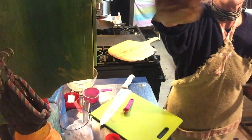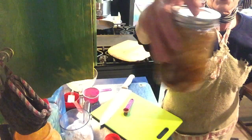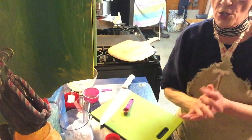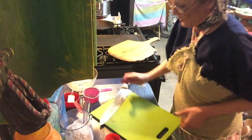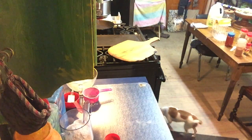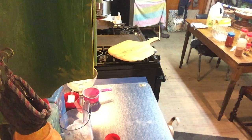Okay, see, that's nice and spicy. Yeah, there we go. Nice and spicy. This is the oil we're going to put in our bread, and it's the oil we're going to brush on the top of it. Okay, so let's get this out of the way. That'll be the last we use of that, except for maybe opening some cheese. Okay, so with all that extra out of the way,